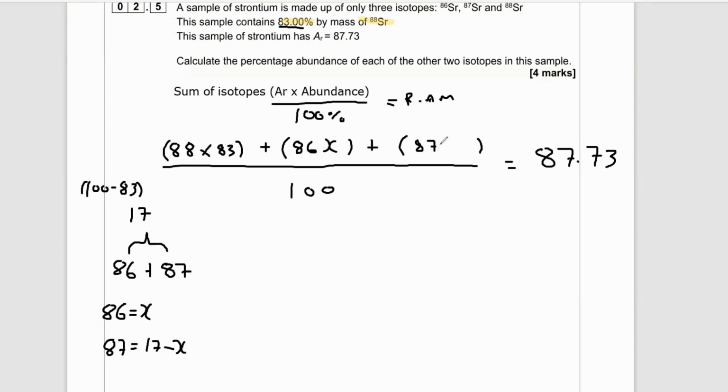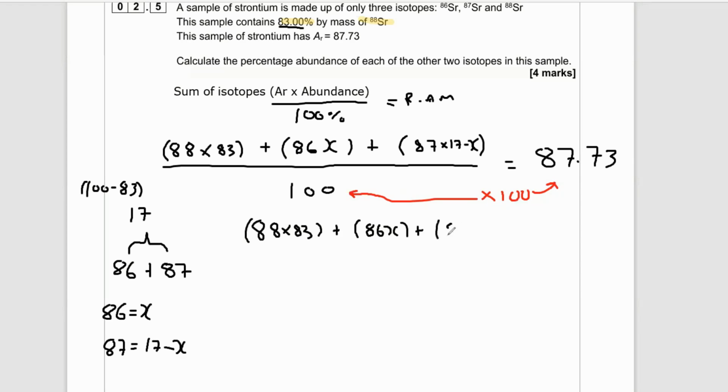So now we can fill out up here 86X, and we can write 87 times 17 minus X. So if 86 was 12%, we do 86 times 12 and 87 times 17 minus 12, which would be 5, but it's not those numbers. Anyway, first thing to do here, now that we've decided that 86 is X and 87 is 17 minus X, multiply both sides by 100. This is going to get rid of the divide by 100. And what we're going to have is 88 times 83 plus 86X plus 87 times 17 minus X. And that's going to equal